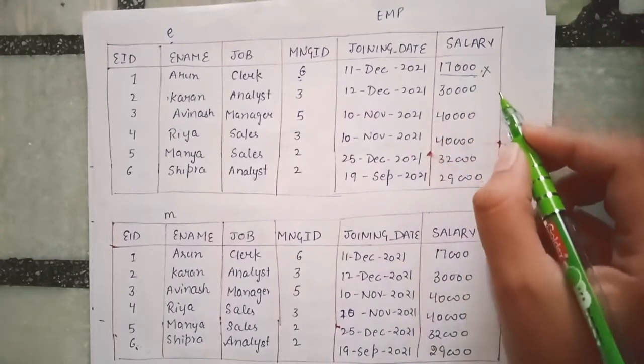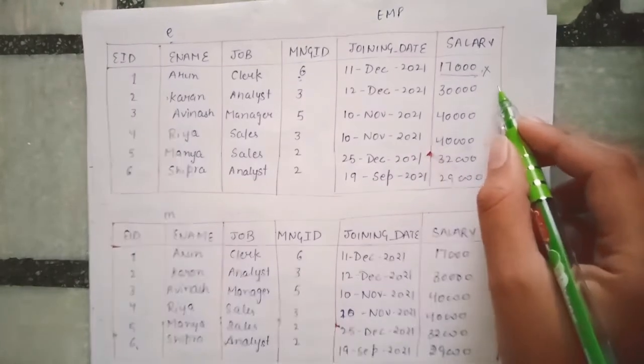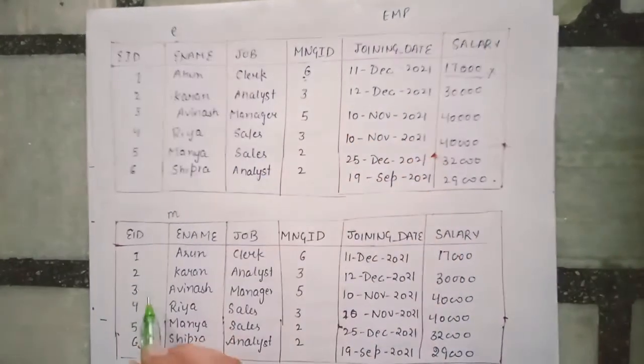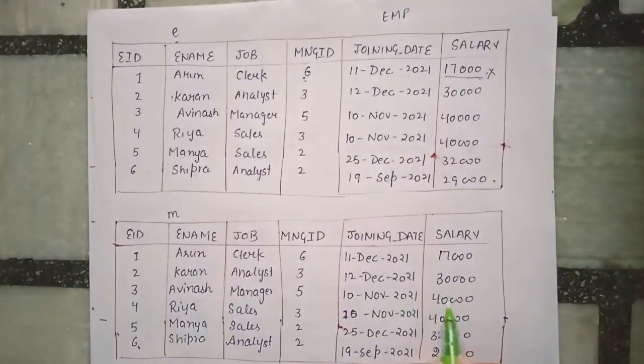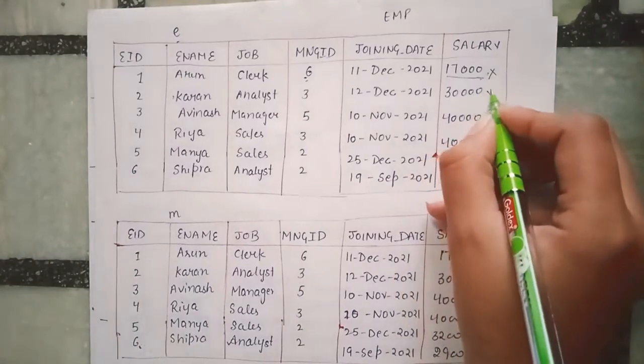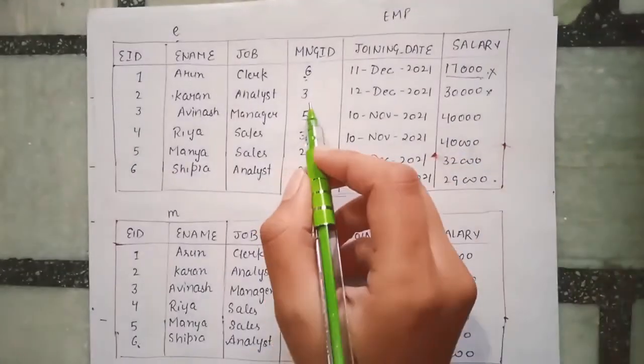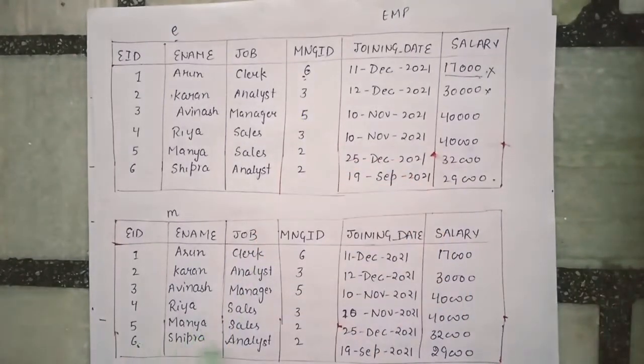Okay, now the same thing will happen with this record. Now this 30,000 will be compared with the id 3 of the same table, that is 40,000. Now again it is wrong. Next, the 40,000, that is the third record, will be matched with the fifth record in this table. Okay, that is what,